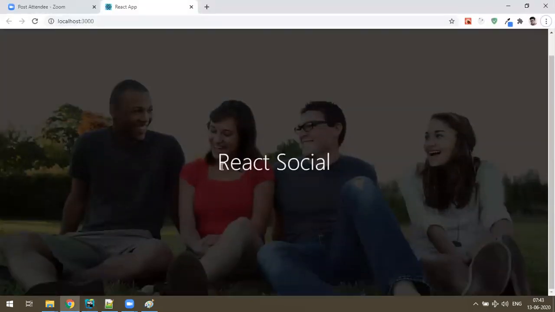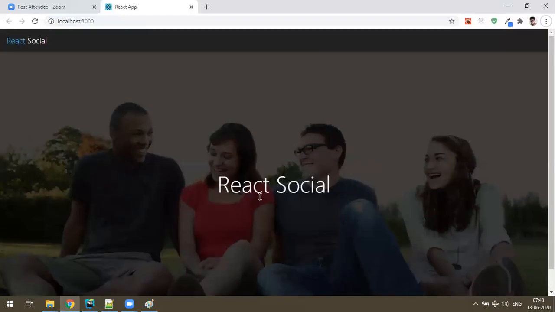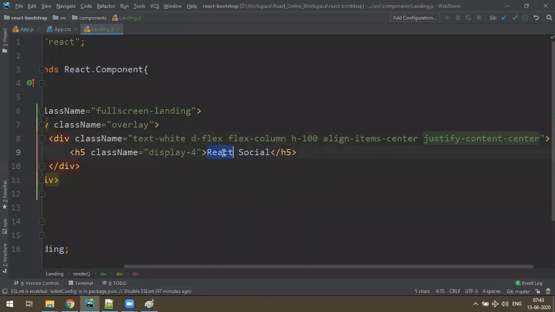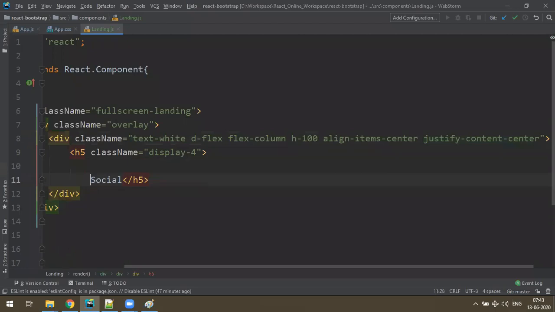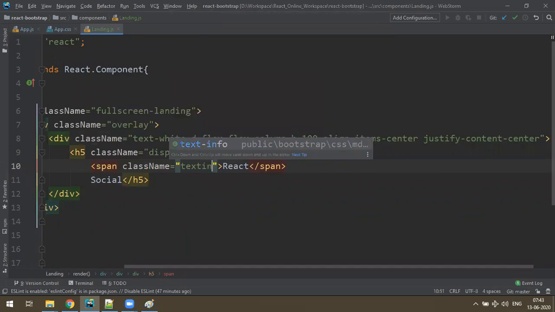Okay, looks good. It came to the center of the page, but I wanted this color to be nice. So what you do is, cut this, keep a span tag, and here you paste it. Let me give the class text-info.